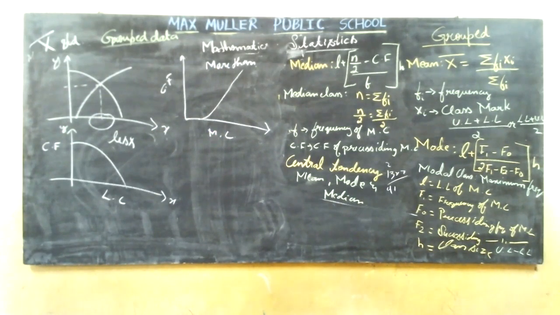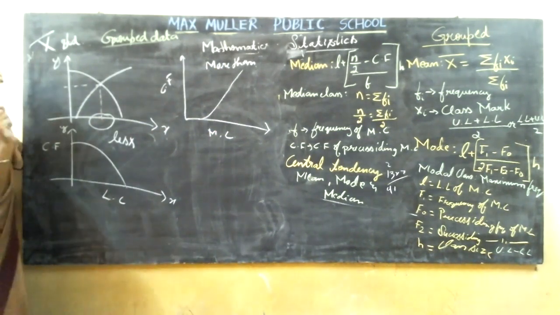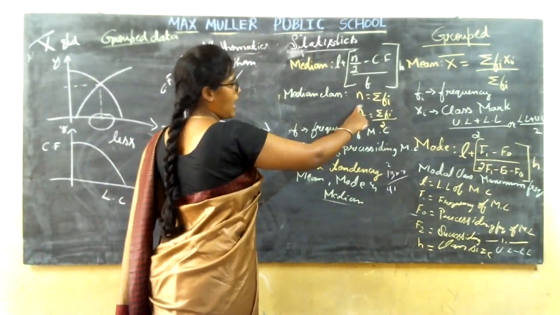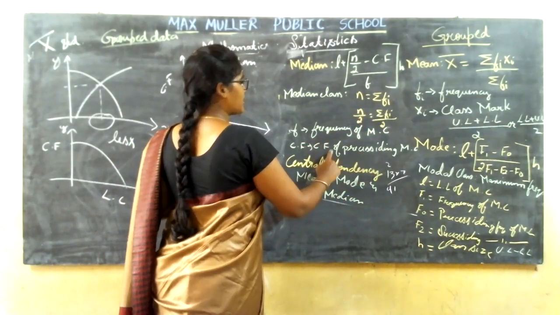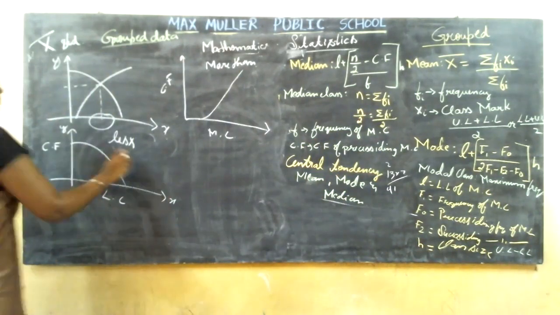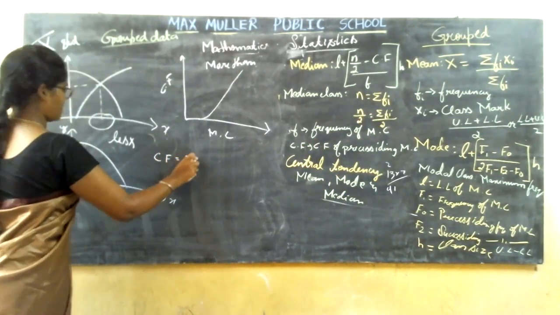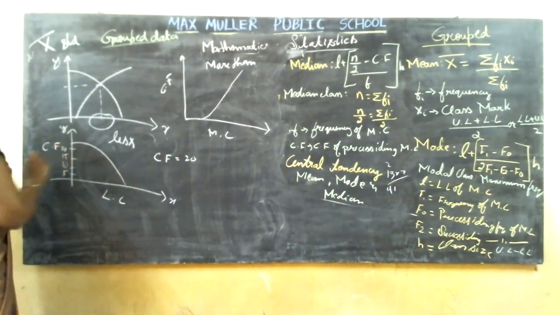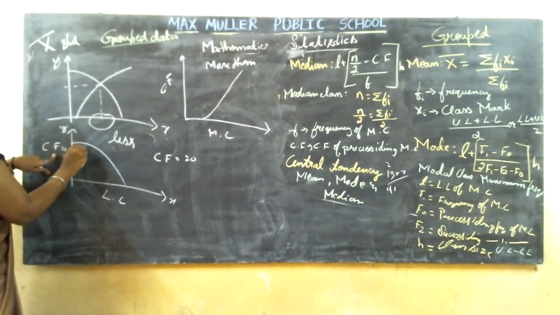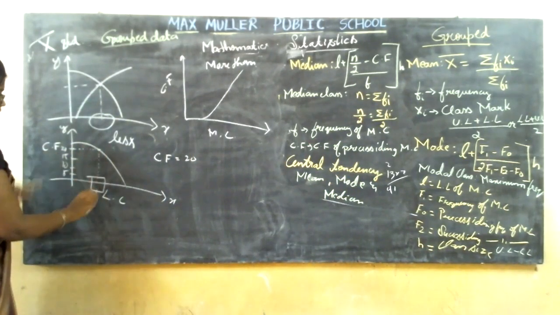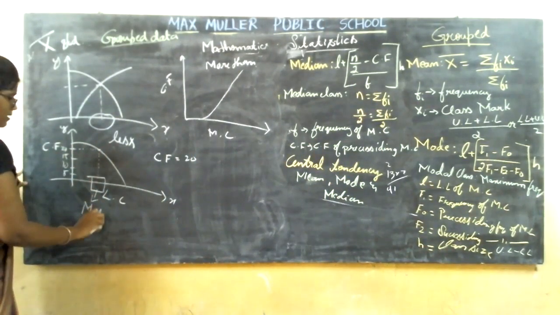Now, how are you going to find the median? You will find the median class based on the n value, which will be there in the cumulative frequency table, correct? For example, for less than, the cumulative frequency is 20. It is 5, 10, 15, 20. So the cumulative frequency is here. Now I draw a parallel line to where the line is touching and come down. This will be my median.